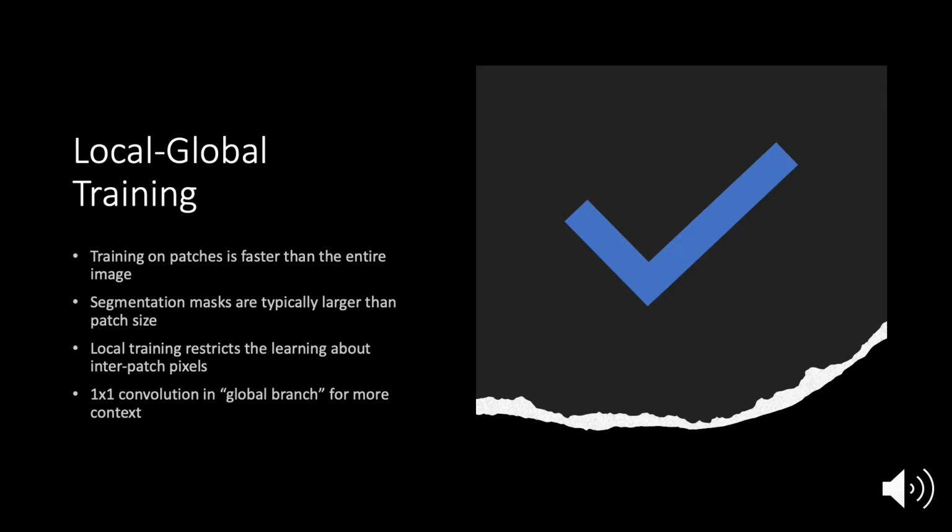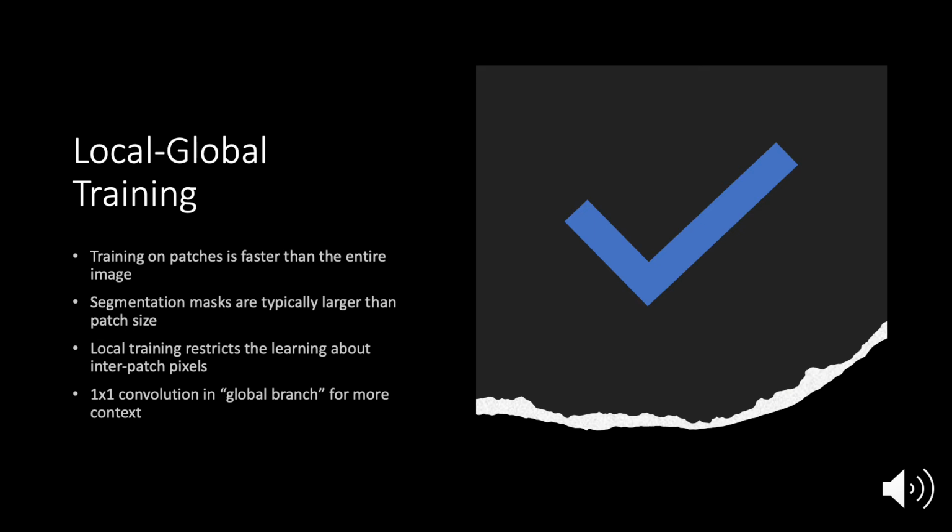So their core innovation here is local-global training. Typically in convolutional neural networks, it's done patchwise, which is much faster than processing the entire image because each patch is a smaller size, 9 by 9, 16 by 16, whatever the patch may be. But one of the problems we have is that the segmentation mask itself may end up being larger than the